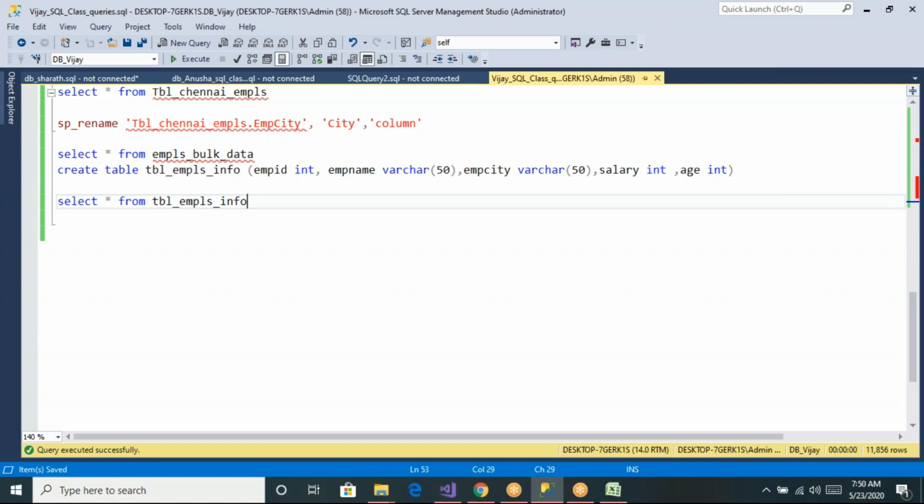And sometimes my manager may say, hey Krishna, our source data is present in another server or another database. Let us say our current database is DBVijay.